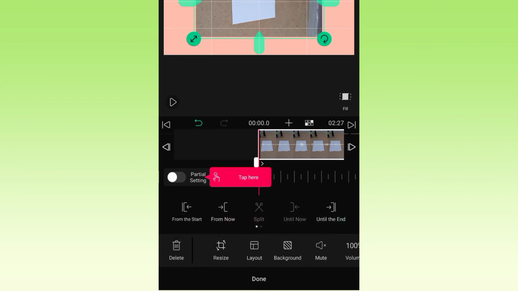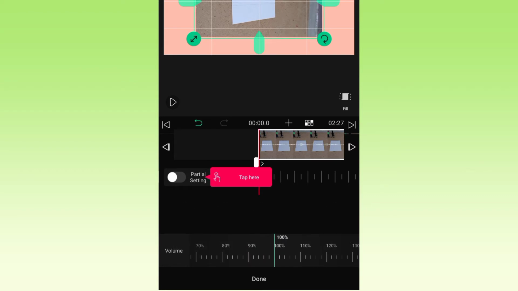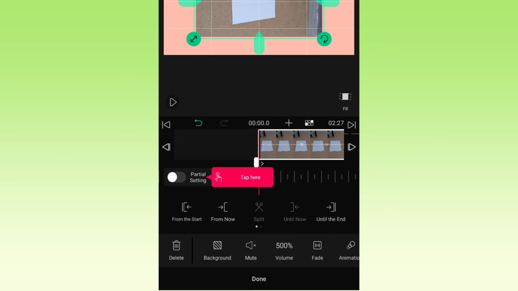Okay, done. Then you can control the audio of your video. Like if you want to mute the audio, no sound, or if you want to increase it, a lot of range is provided. You can increase your volume up to 500, which is more than enough. Generally you do not have that much requirement to increase the volume by 500%. Okay, so it's up to you.